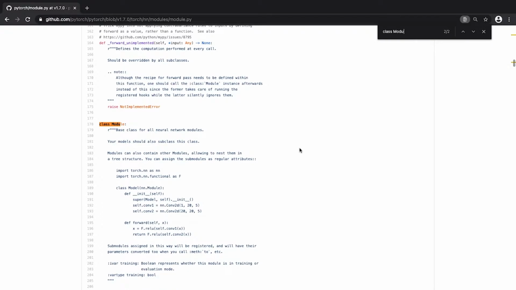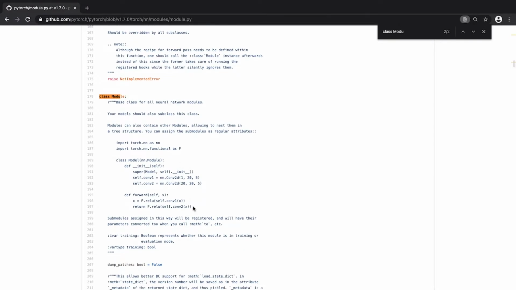Here it is. And you've probably seen this class before because it is the way how you define your custom layers in Torch, and also all the existing layers are subclassing from it. And I actually find the small example that they're providing here really nice. So let me quickly explain how one defines a custom layer in Torch. You first need to subclass from the parent, and then you need to define two methods. One is the constructor, the dunder init, and the other one is the forward method.